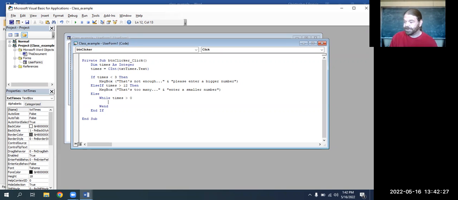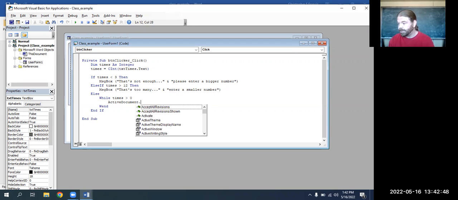Then we can just print some stuff in our document. So for a quick example here, I'll just put some stuff here. So like this macro has to be attached to a document. So we can always refer to that immediately by saying active document. And then we use the dot operator to access all the different things about that. For our example here, I'm just going to insert some text. So if I start typing insert,